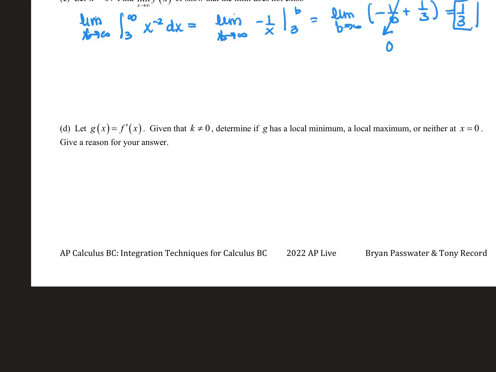And now they're giving us that g is going to be f prime, and we're trying to determine if g has a local maximum, minimum, or neither at x equals 0. So let's remember what f of x was. F of x was the integral from 3 to x of 1 over x squared plus k, where k is not equal to 0. So g is going to be f prime, which is equal to this. And we want to know if g has a local minimum, maximum, so that means we're going to have to take the derivative of g, which would be